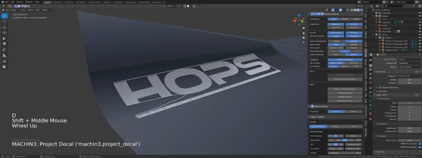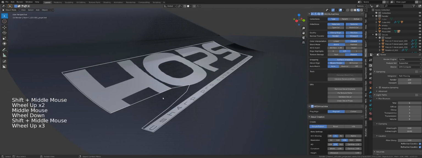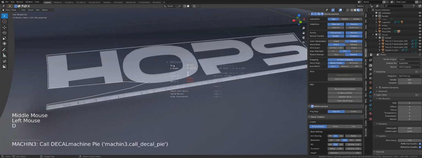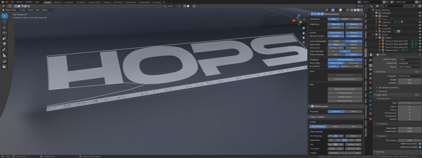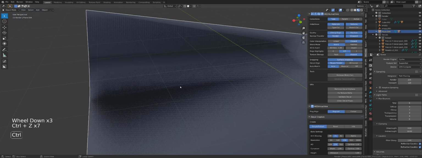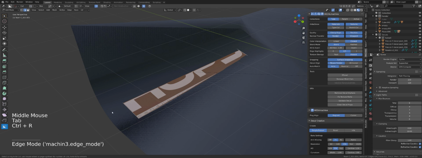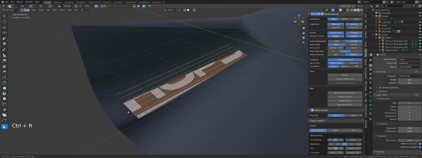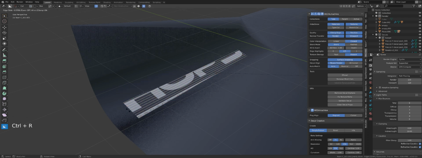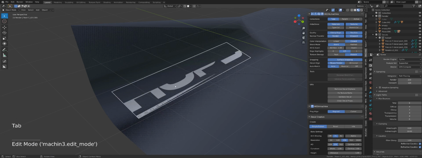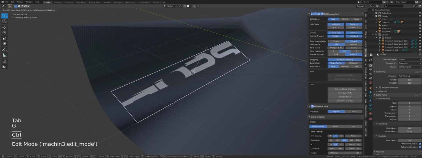See now here, this is a good thing I want to show you. It's cutting off the decal here, and there's nothing you can do about it. If you go to adjust, you're not gonna be able to bring it back. So the only way to fix this is by introducing loops to the geometry. I'm gonna introduce here and here, and see now even